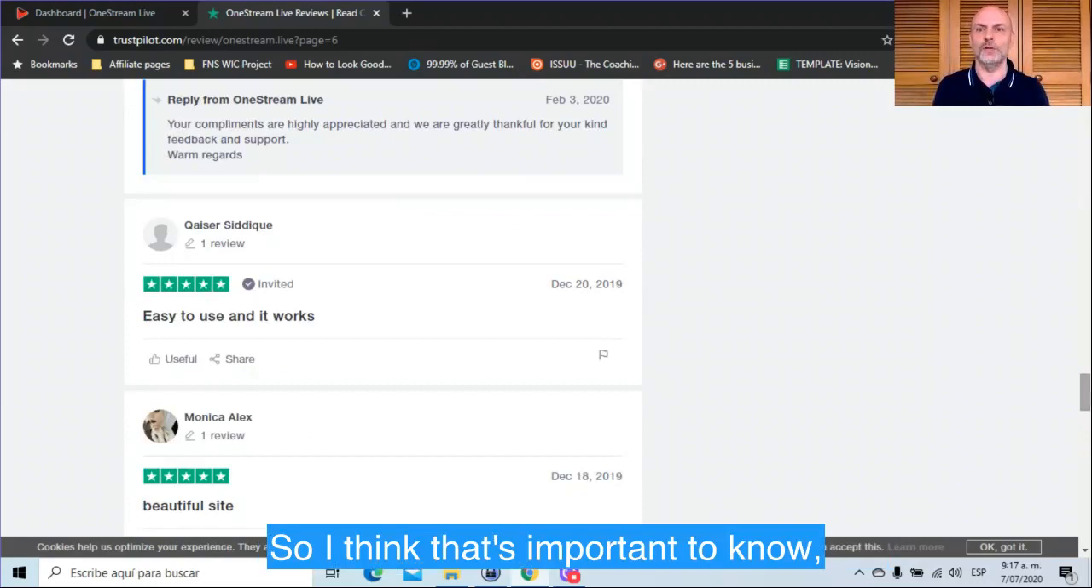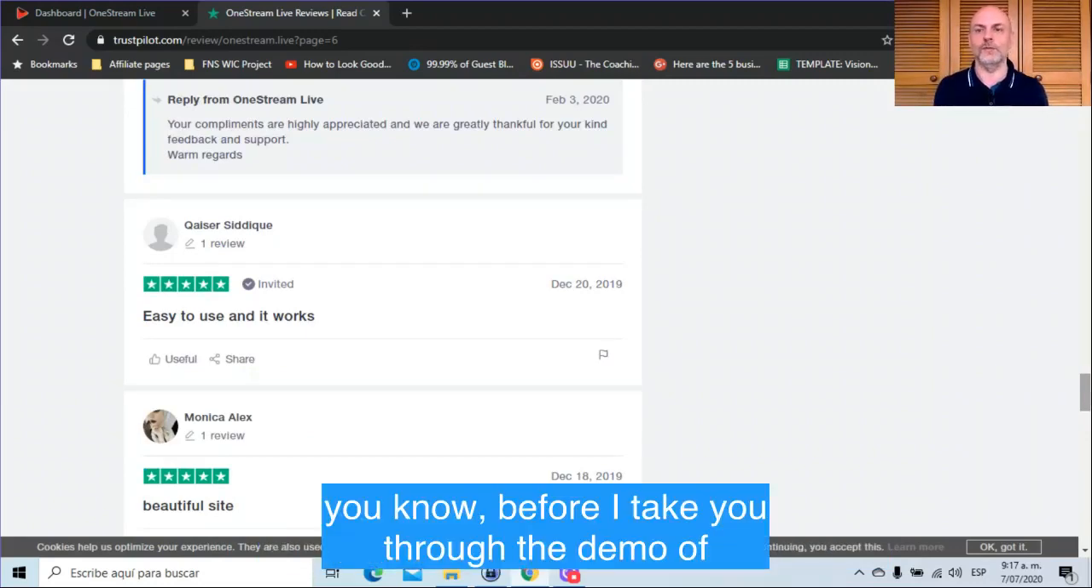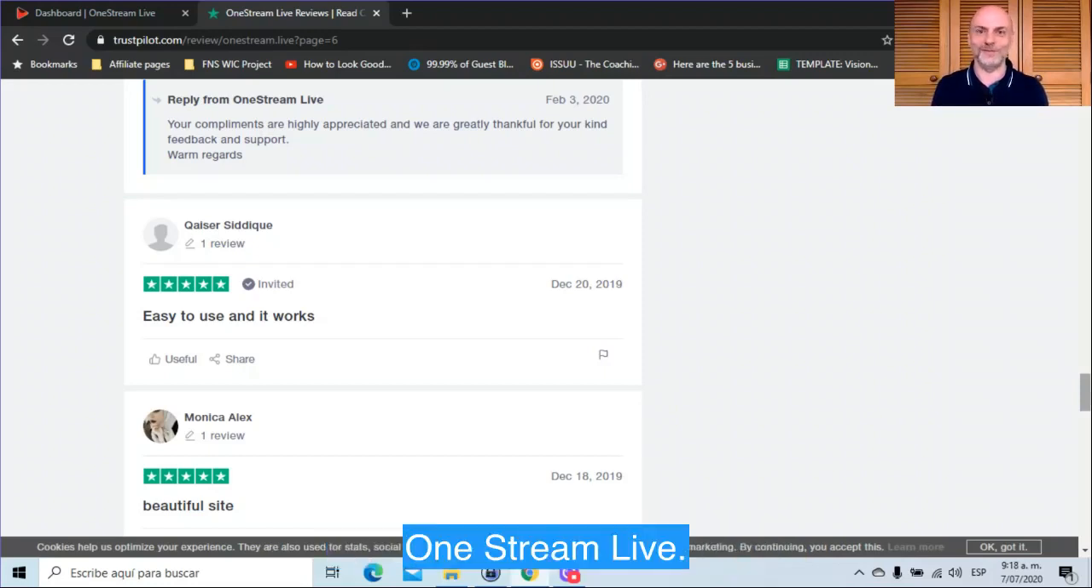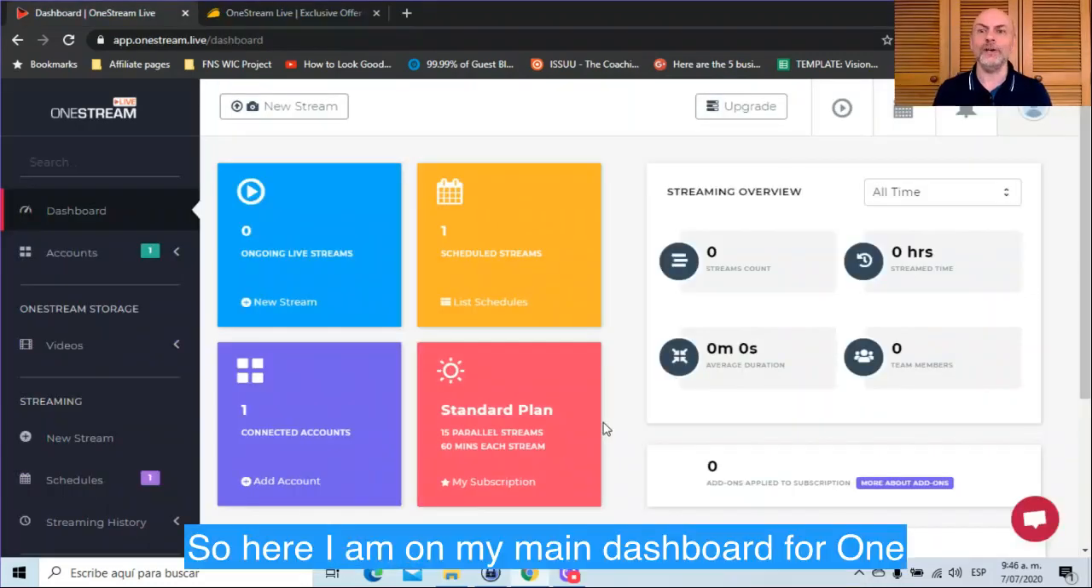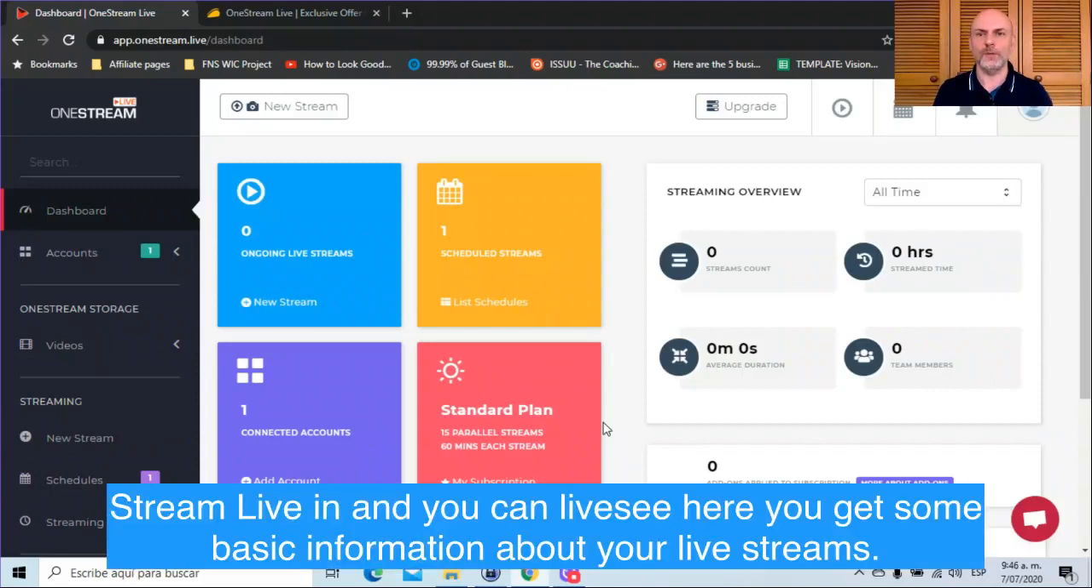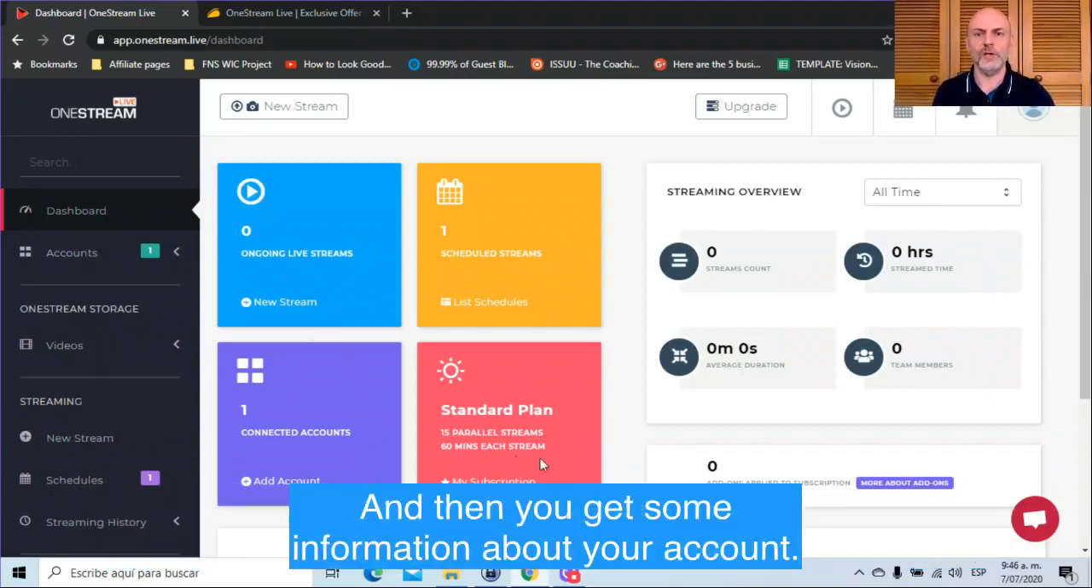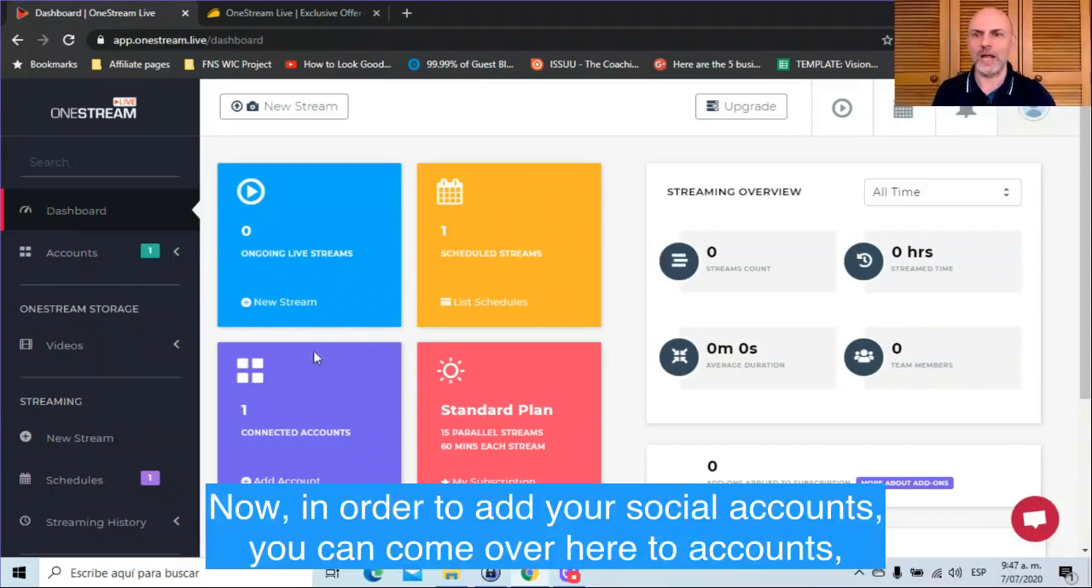So I think that's important to know, before I take you through the demo of OneStream Live. So here I am on my main dashboard for OneStream Live. You can see here you get some basic information about your live streams, and then you get some information about your account. Now, in order to add your social accounts, you can come over here to Accounts, click on that,